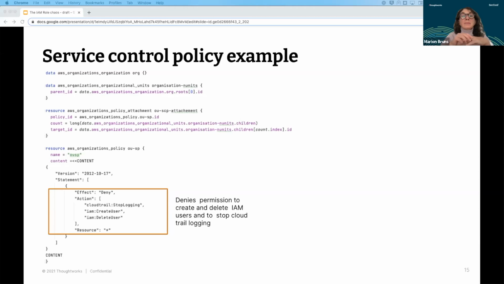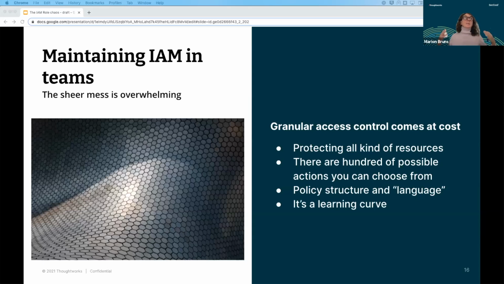But again, all the security measures are useless if you do not monitor your system, and you can even automate the notifications for this. So again, I just want to emphasize at that point, use things like cloud audit logs in order to see what's happening and going on in your account. Now, maintaining IAM in teams, if you delegate some parts to them, is also quite a challenging thing.